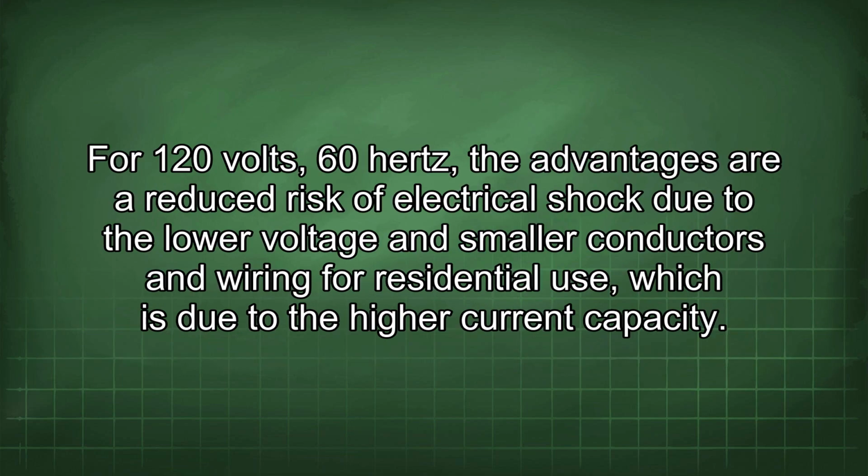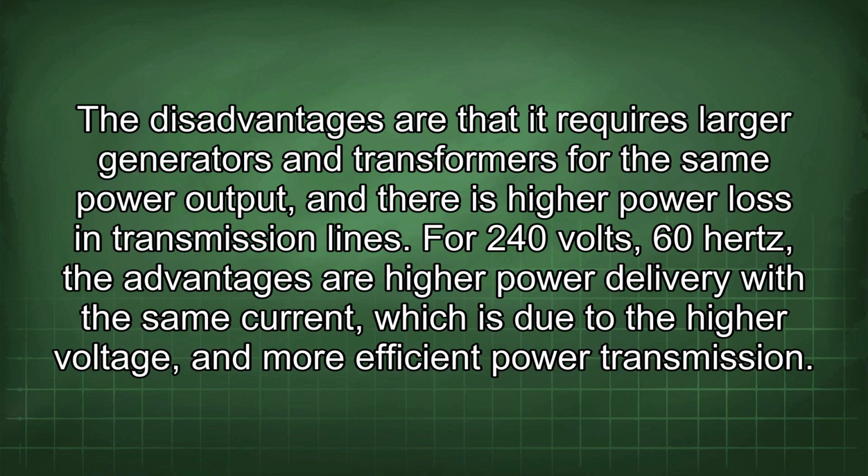For 120 volts, 60 Hz, the advantages are reduced risk of electrical shock due to the low voltage and smaller conductors and wiring for residential use, which is due to the higher current capacity. The disadvantages are that it requires larger generators and transformers for the same power output, and there is higher power